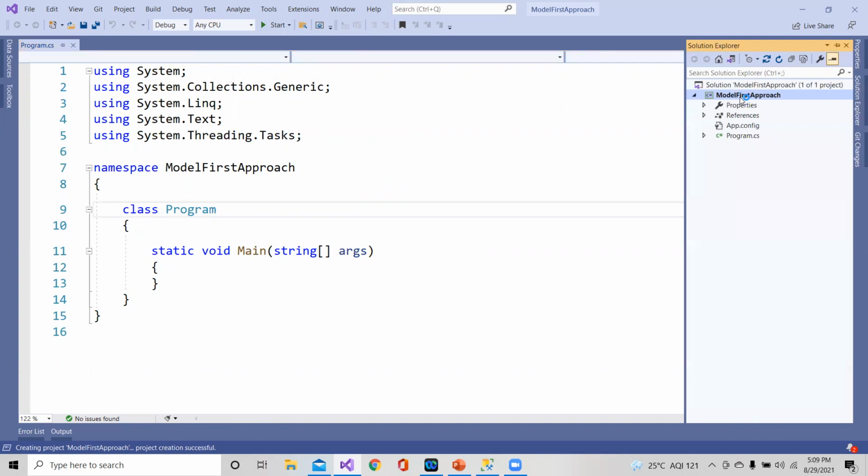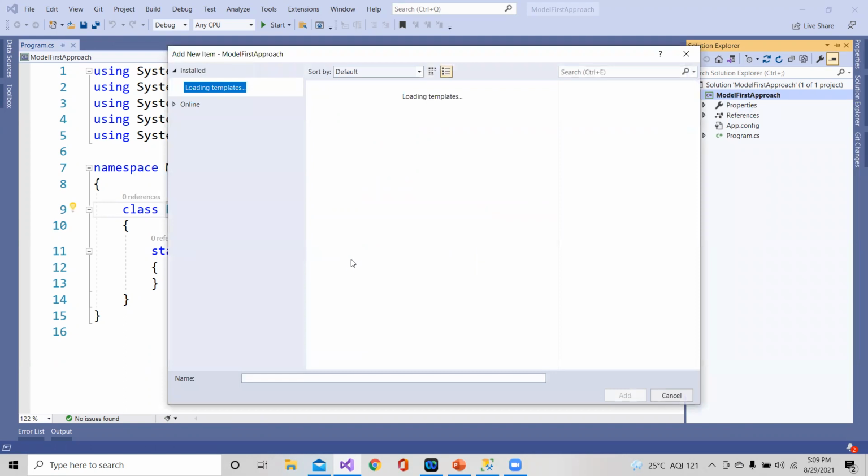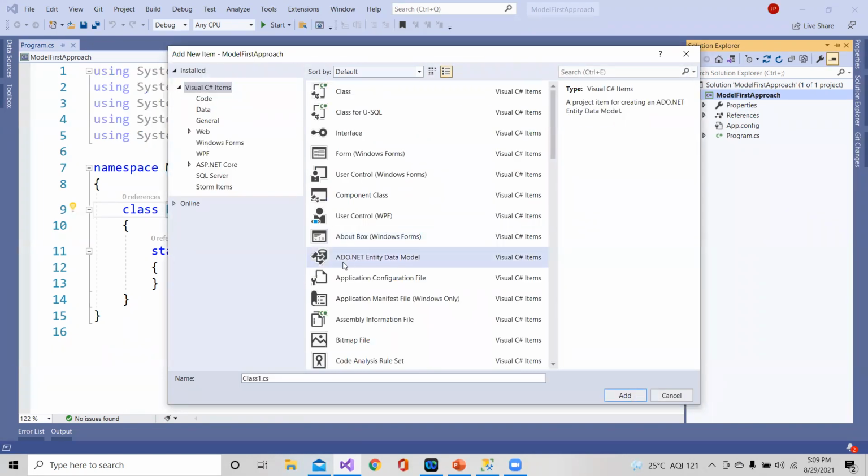Go to the Solution Explorer, right click, add new item. Here again, I'm choosing ADO.NET Entity Data Model. If you want, you can give any name. Currently, I'm keeping the name as it is, that is Model1.